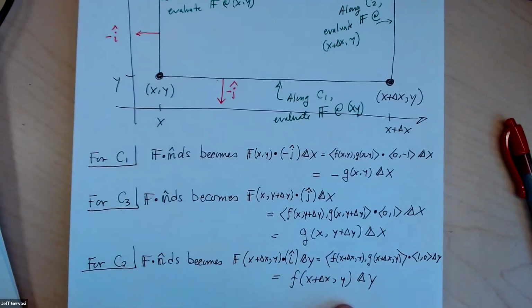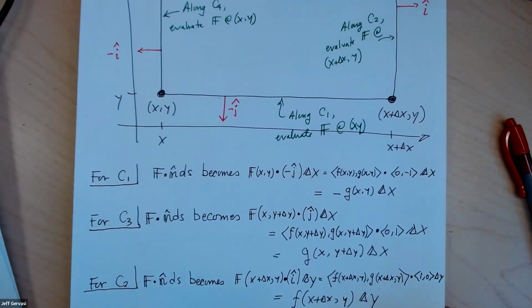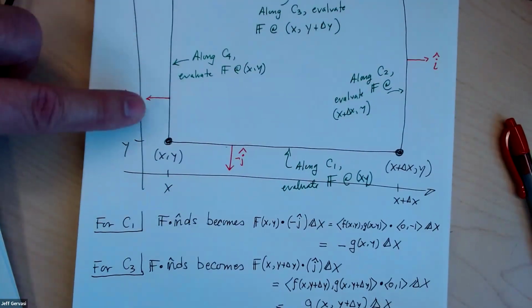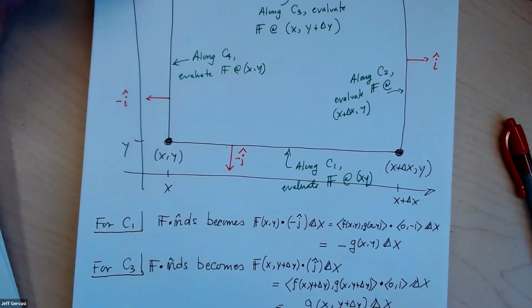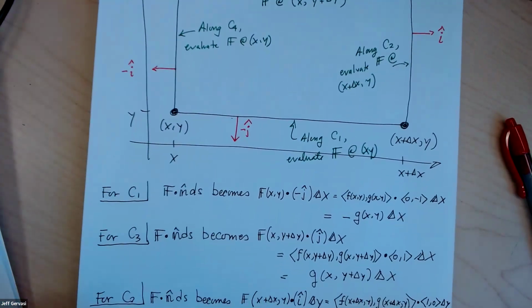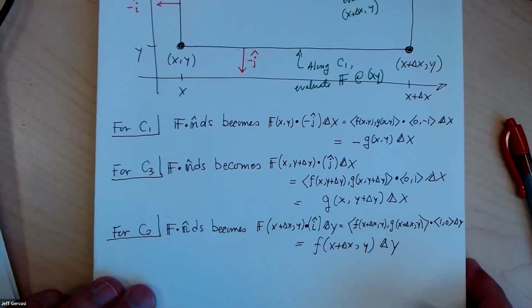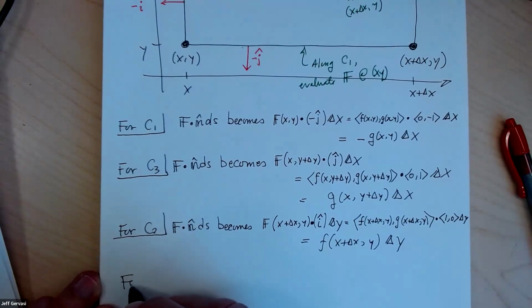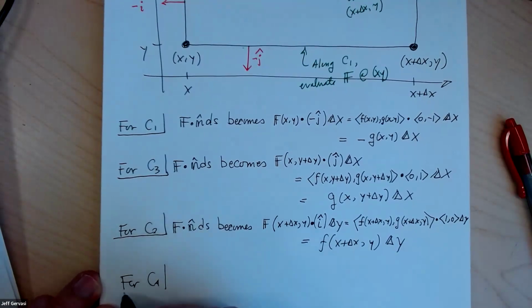Okay, to get this expression. And finally, we're going to go along C4. Remember, along C4, we're going to evaluate our vector field at this corner, instead of anywhere in between. I chose this corner right here. Remember, there's a reason I chose these points. There's a bigger picture at the end, or not at the end, but it's coming soon. All right, so for C4,